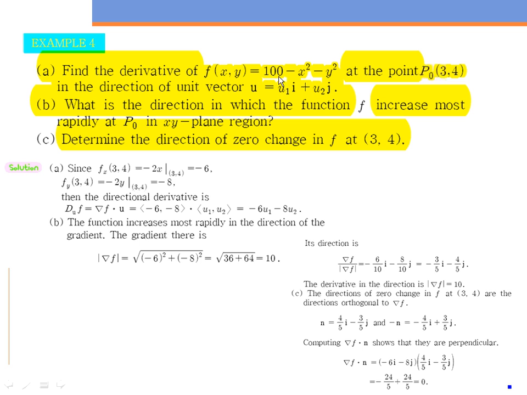Find the derivative of this function at this point in the direction of the unit vector like this. Then we first find the partial derivative with respect to x at the point (3, 4), and the partial derivative of f with respect to y at the point (3, 4), and then find the inner product of this gradient and the given unit vector like this. Then what is the direction in which the function f increases most rapidly at p not in the xy plane region? So we found the